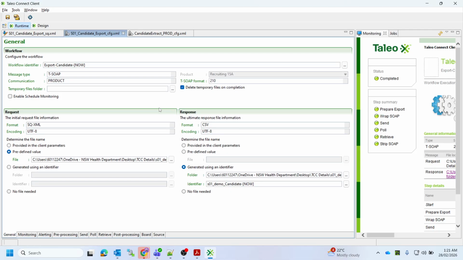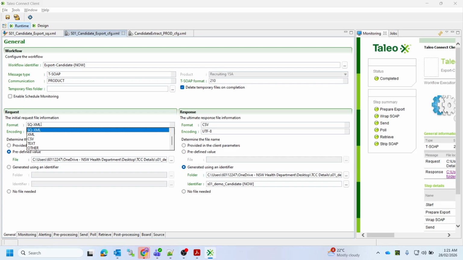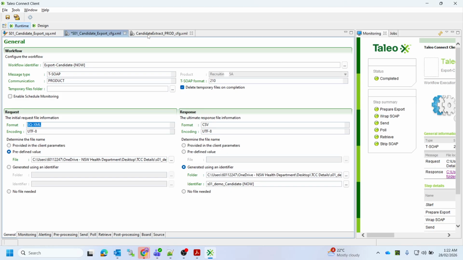Okay, so yeah, we found the issue, and the issue is the format that we were using. It was an incorrect format that we used. So we have to use the SQ XML because I compared it with the working version of another export. So the request format has to be SQ XML and output is CSV. So now if I save and run,